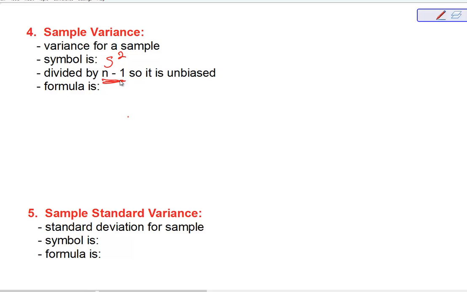So the formula for sample variance is going to be s squared is equal to the sum of x minus x bar, and I'm using x bar this time because that's the mean of a sample, squared, divided by n minus 1. Same type of thing, except again I'm dividing by n minus 1 this time, and it's just so it would be unbiased. I have a little bit of leeway there. Okay,